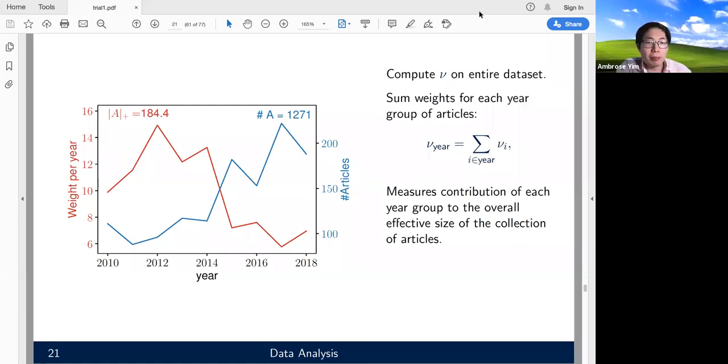Well, perhaps. I haven't dug into the data, but from this graph, it's already saying that something interesting is happening between 2014 and 2015. We see a massive increase from close to 100 in 2014 to almost 200 in the number of articles. However, the effective number of articles in 2014 is dropping.